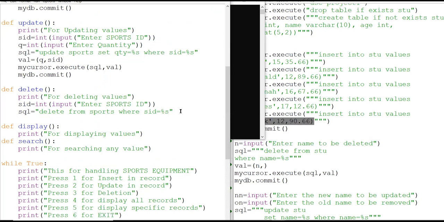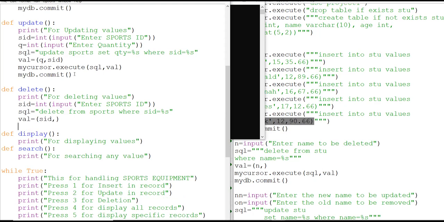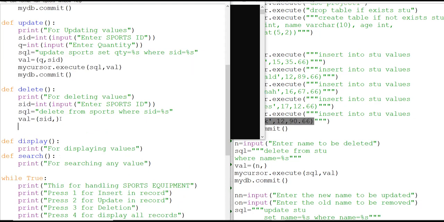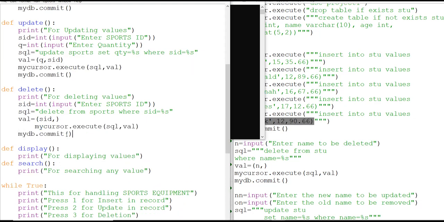Okay, and then we need to make a value tuple basically, where SID is equal to SID only, but to make it a tuple, we have to write like this. Then again, these two commands, simply copy and paste. Fine.